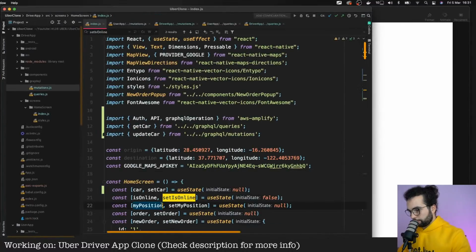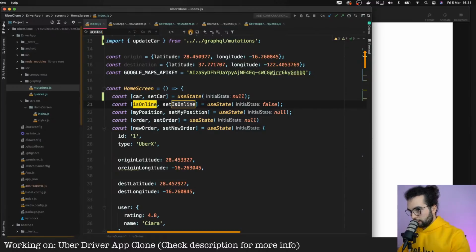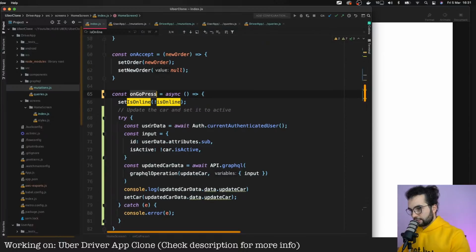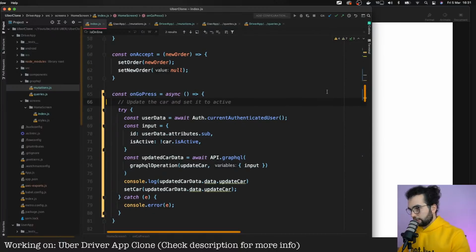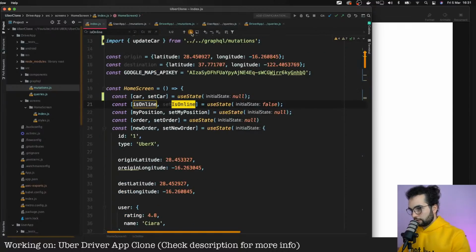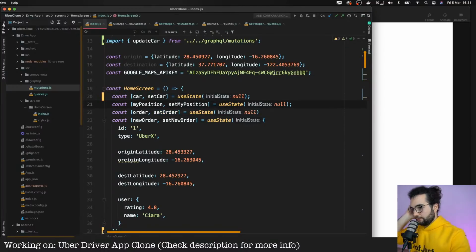Let's check where else we use isOnline so we can safely delete it. No, we delete this one. Anything else? Yeah, which means that setIsOnline, now they are gray and we can safely remove them because we will use car.isActive.